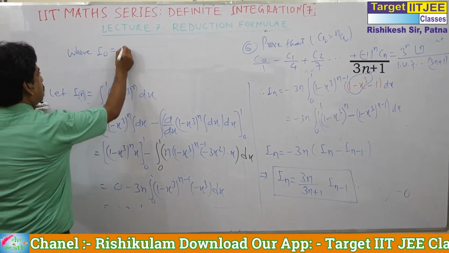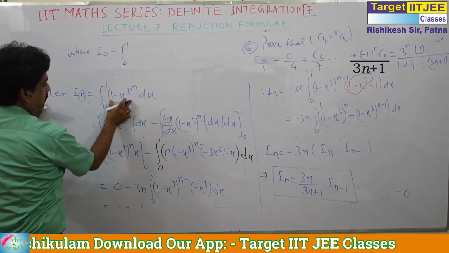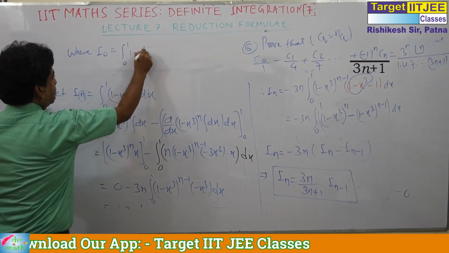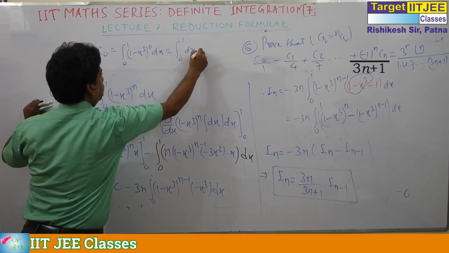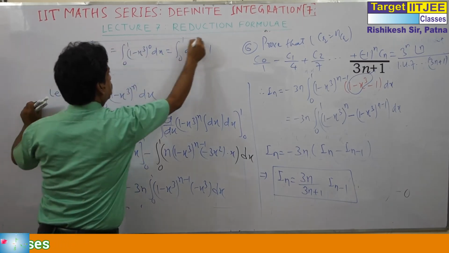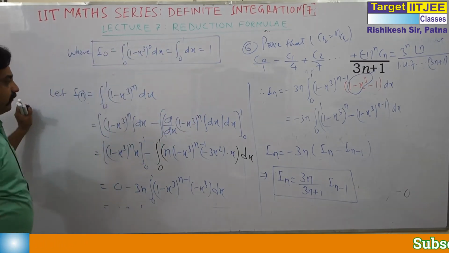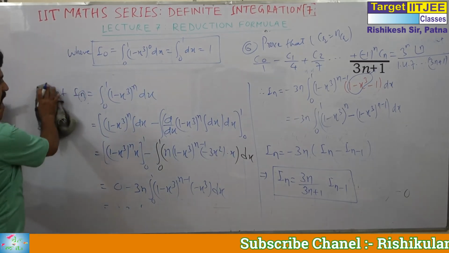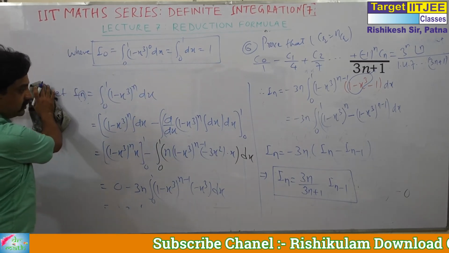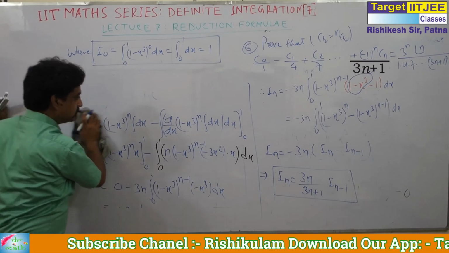this is the integral from 0 to 1 of (1 minus x cubed) to the power 0 dx, which means the integral from 0 to 1 of dx. I0 is 1. That will work. And if you have any confusion, go for I1, no problem. Now see, a very interesting step. Good reduction formula.